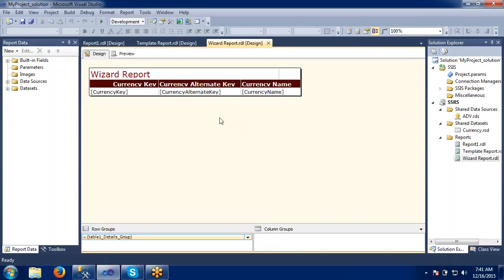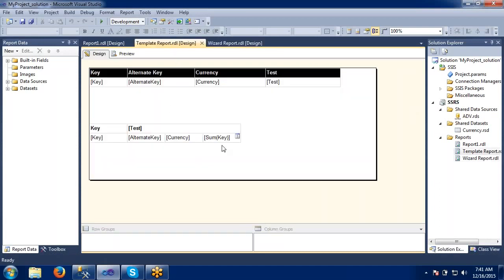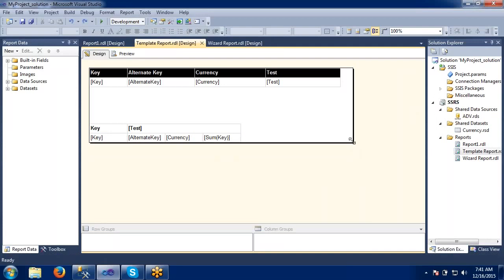So this is the report wizard. Let me recap once again. This is the report wizard when we develop. This is the final report when we take the wizard option, and the template means it will be user defined. We are going to start it from scratch actually. So if you want to define the report from scratch, then we have to go with the report template.